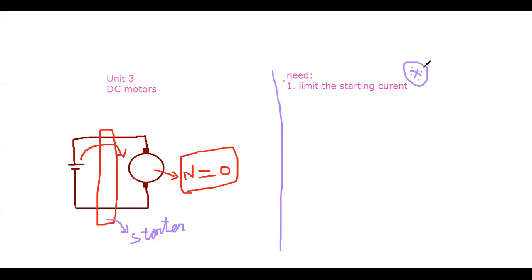Now, how is it going to limit the starting current? Since it is a DC supply, the current will be high because the motor is at 0 RPM speed. It is not rotating; it is at rest at the beginning. So we go for the starter, and the starter's need is to limit the starting current. Now the next question is how the starter reduces the starting current to the motor, and how it is possible. For that, we want to know